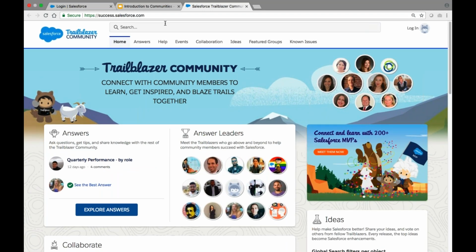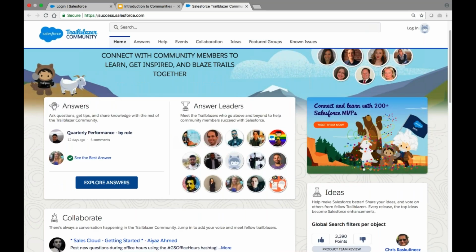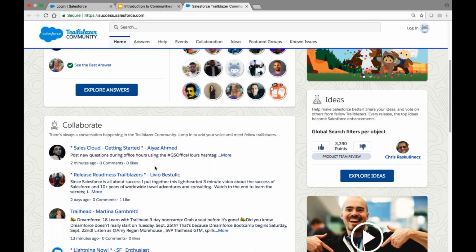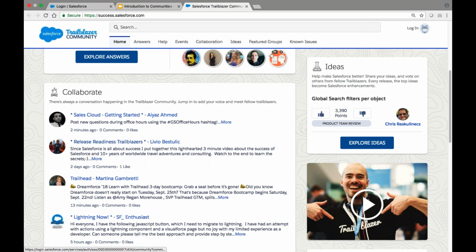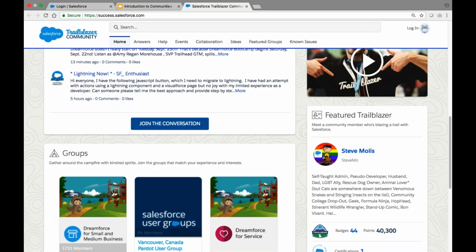If you go to success.salesforce.com, it's our own community and it's pretty customized. On it, you can see a section for questions and answers at the top, an area to collaborate using Salesforce Chatter in the middle of the screen here, an area to join Chatter groups down at the bottom based on what you're interested in.